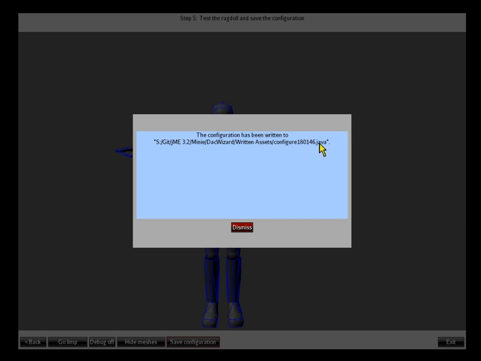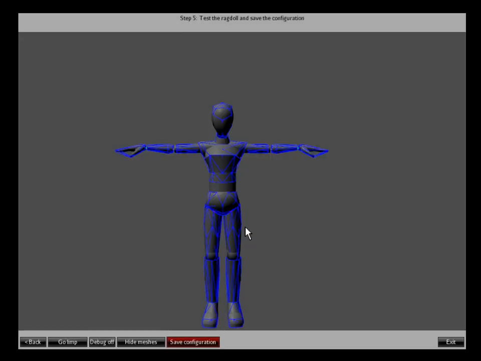And of course, it's a Java file. Code has been automatically generated for you. That's it. In closing, note that both DynamicAnimControl and DacWizard are part of the Minie project, which is open source. The source code resides in a GitHub repository under my GitHub username, which is Stephen Gold,